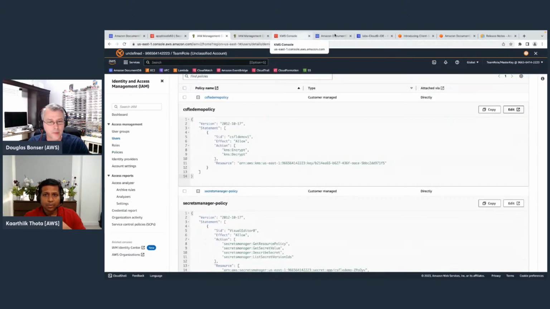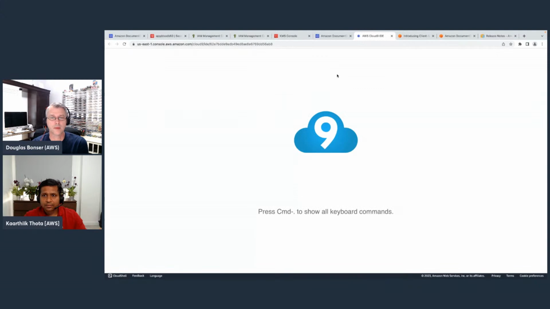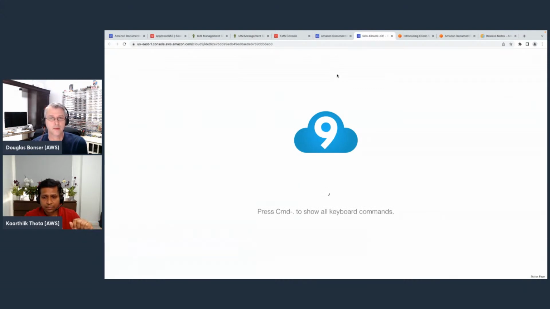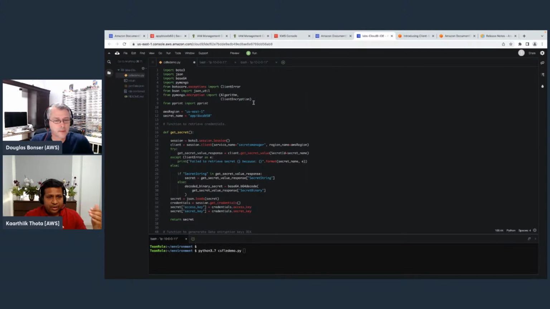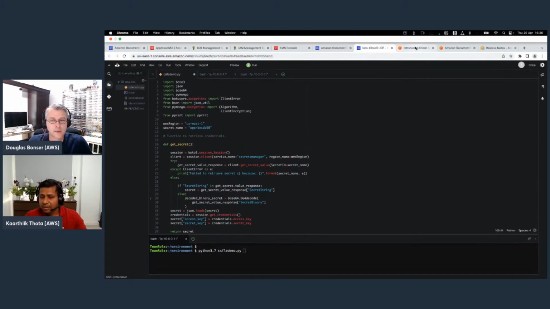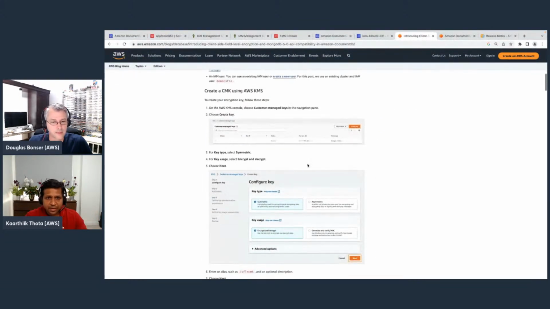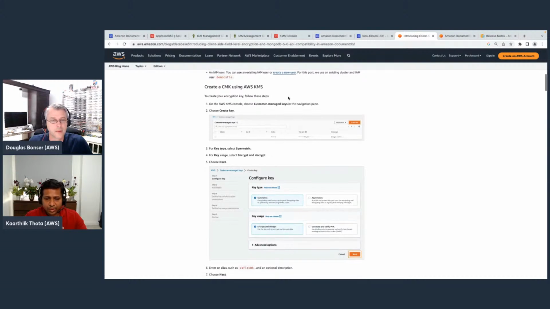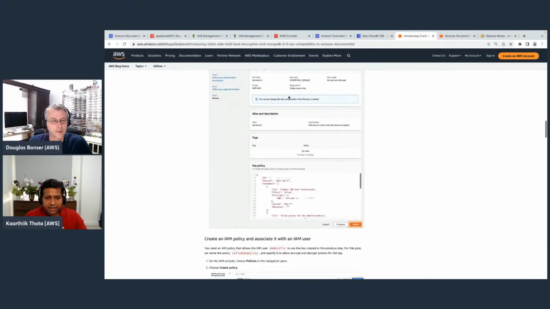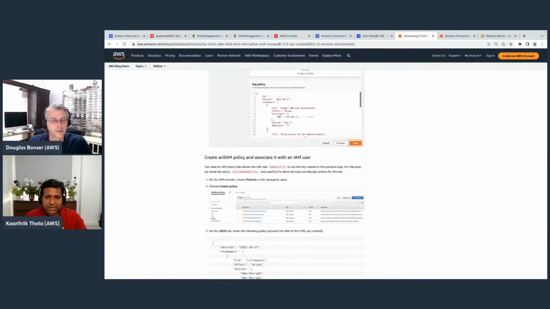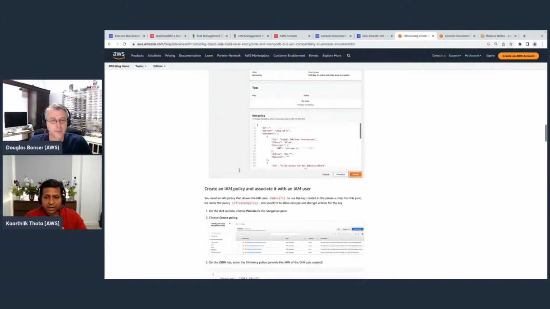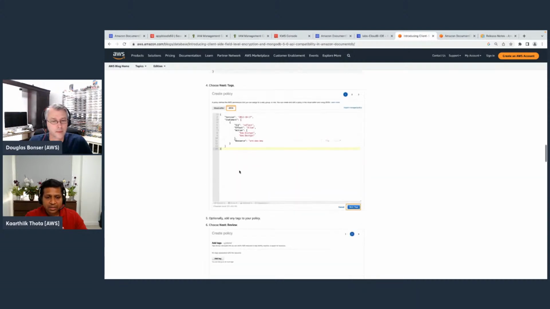Now let's get into how we shall start using it. So I'll go to my Cloud9, and I created a very straightforward program with three functions. These are the same functions that are present in the blog. All the steps I did: the first was creating a KMS key. The second step was to update the IAM policy and associate it with that particular IAM user. And the third one is